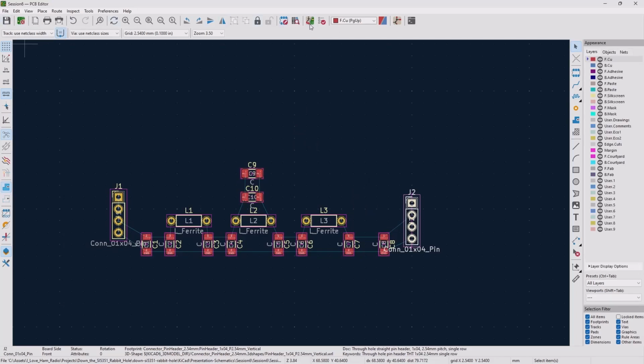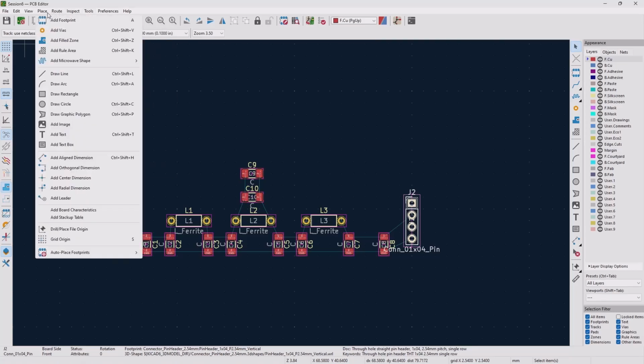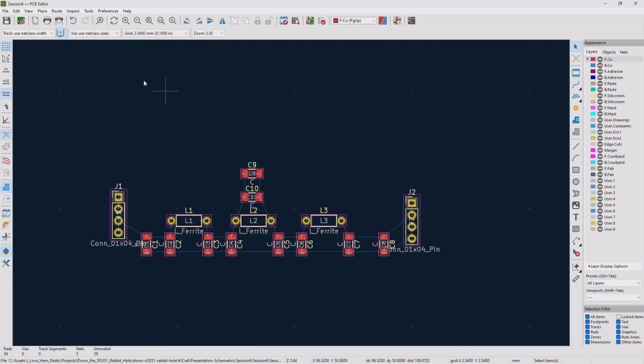Let's see, where's my 3D viewer? Tools. I don't see it here. Nope. Let's just go ahead and we'll place our